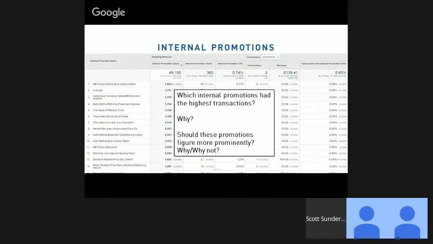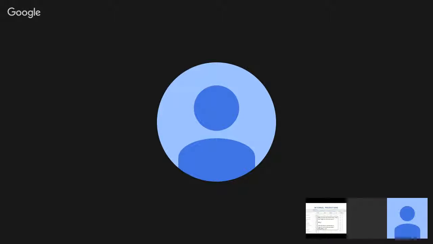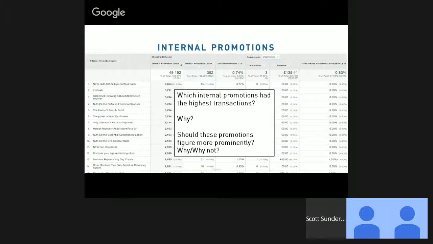So then it comes to the final question. Should these items figure more prominently on the homepage as an internal promotion? Do you think they should, since they've got more transactions, right? Well, we could probably have a debate about that, but